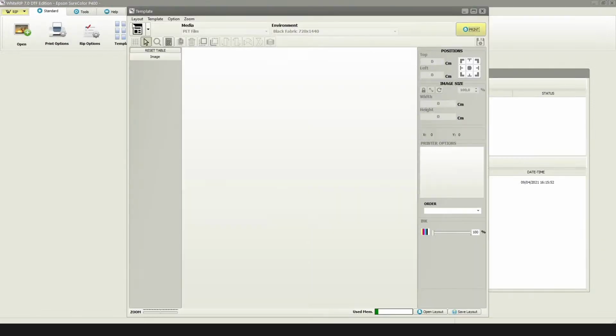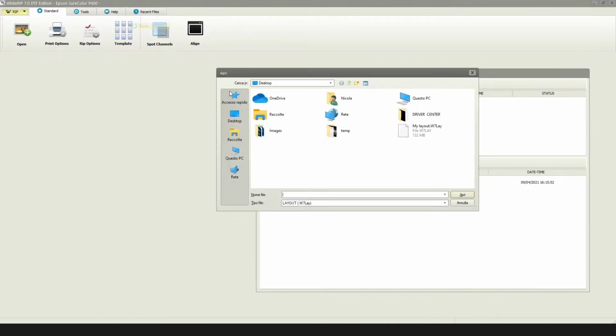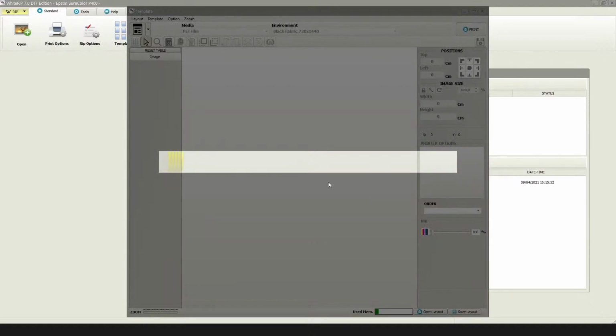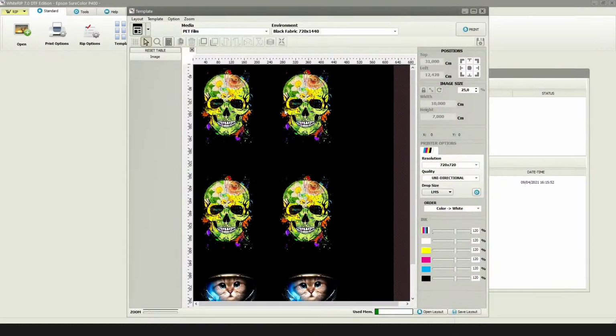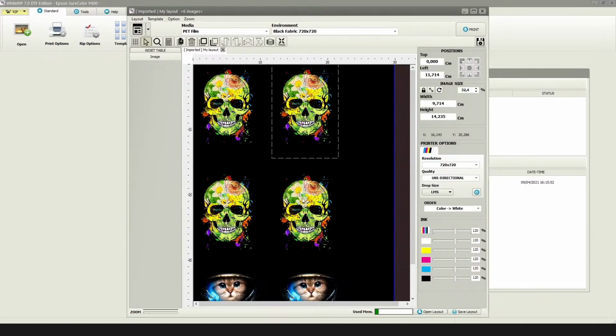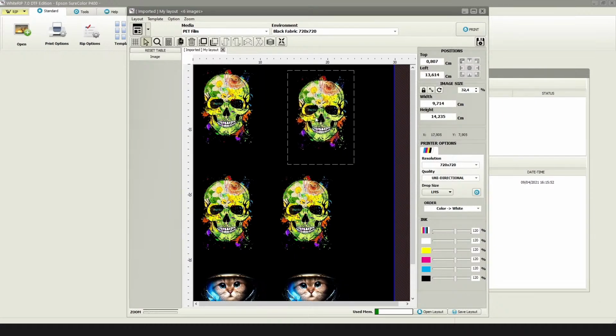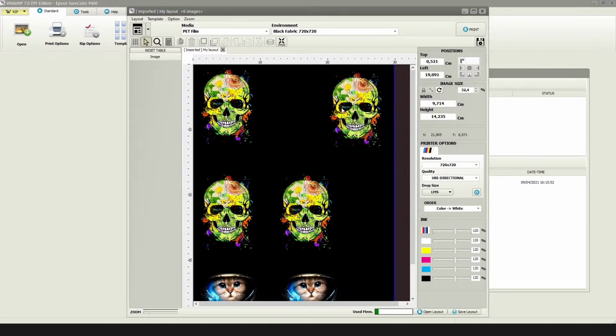Here we go to template, layout, open. We select the layout we saved before. And there it is. As you see, the images are not opened on WhiteRIP, but we have them on the template. And the most important thing of this feature is that we still can make changes, because we will see later we can export the ripped file,